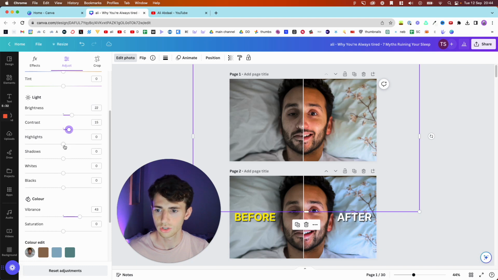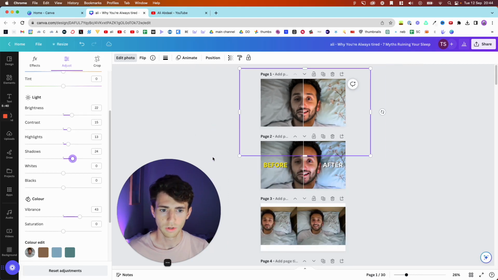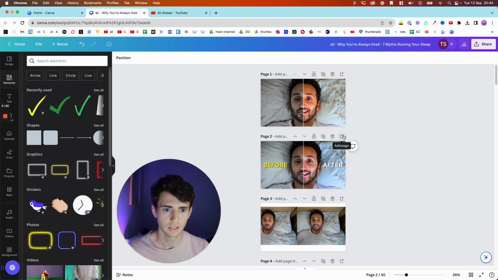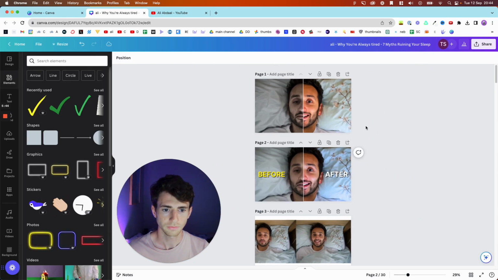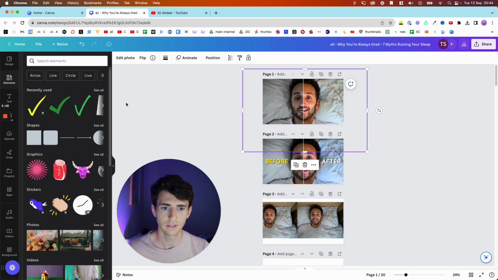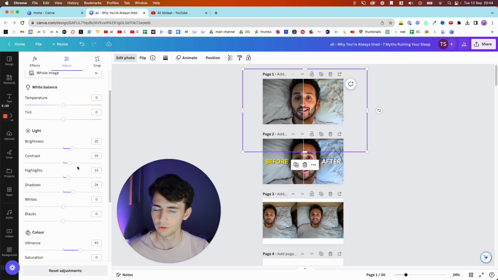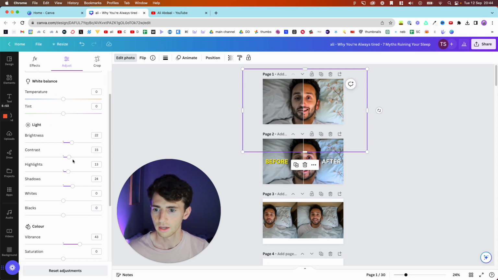Contrast, a touch; highlights, a touch; shadows. So you can see when you zoom out on a YouTube thumbnail that it looks a lot different. This is obviously not what you do if you're editing a photo, but you can really ramp up these settings to make it look